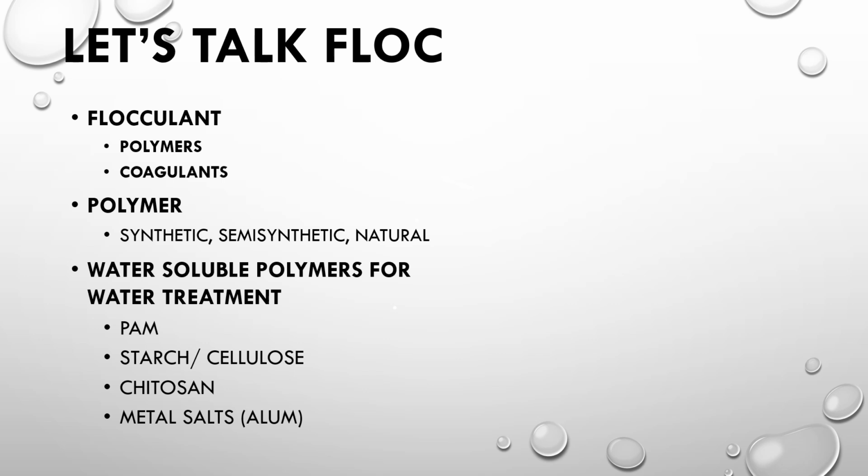Now, a polymer, quickly, is basically a monomer or a single molecule that's just put multiple in a row to form a long chain. And that's what we're talking about when we refer to a polymer. There's hundreds of different types of polymers, and we're using a very specific subset of water-soluble polymers that we use for water treatment, meaning that they dissolve in water. There's a lot of other types of polymer. Things that you're probably really familiar with would be things like DNA, protein, cellulose, epoxy, silk, a lot of different types of plastics. All of those different things are types of polymers. Some of those are natural, some of those are man-made, but the type we're talking about are specifically ones that dissolve in water, and we can use them to target certain things that we're after, like